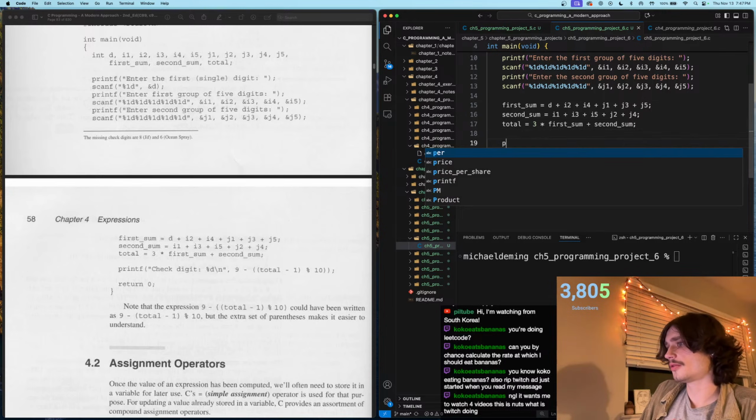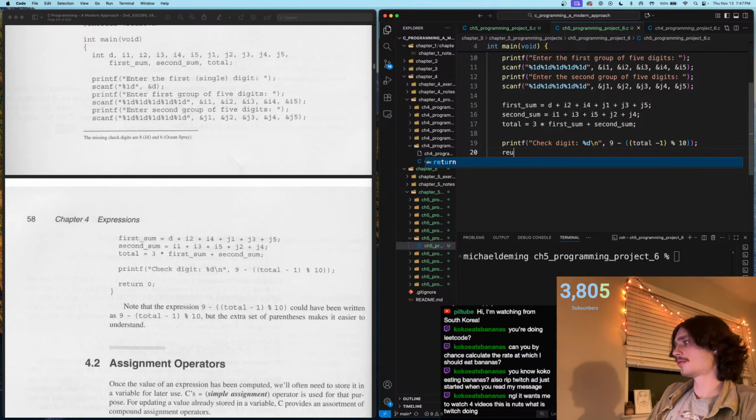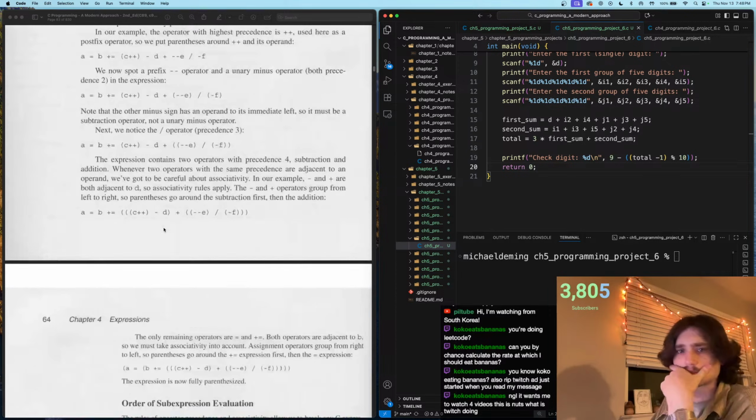And then we're going to call printf to check digit. It's going to be %d here, \n, 9 minus, total minus 1, mod 10. Right. Okay, so our assignment